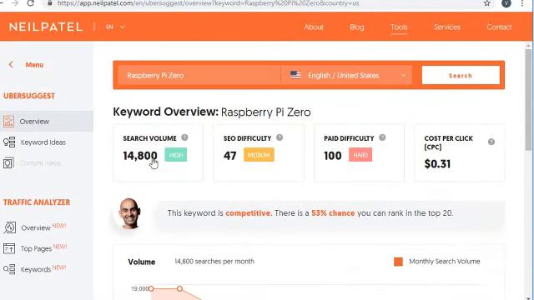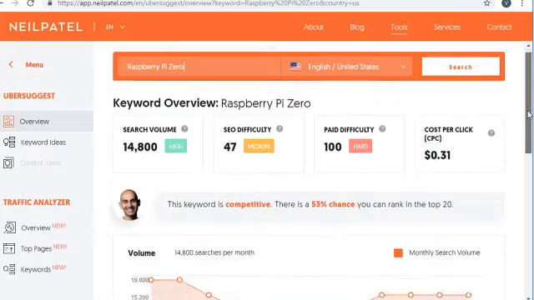So it gives out quite a bit of figures. I'm searching it in English in the United States. You can change it to, for example, English in India. So it will give the traffic for that country in that language. So in the United States, 14,800 people searched for this keyword. SEO difficulty is medium here, 47. It's ranked from 0 to 100. If it's 100, then it's very difficult. You should not write anything about this. If it's like 10, 15, 20, the SEO difficulty is little and you can go ahead and write about it.